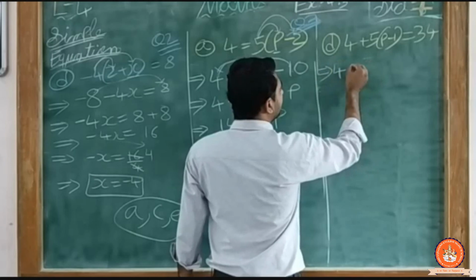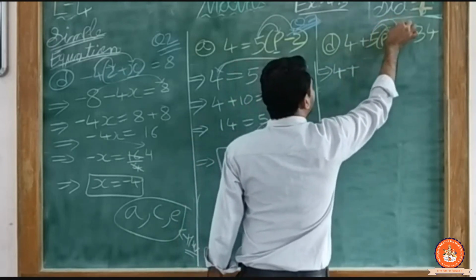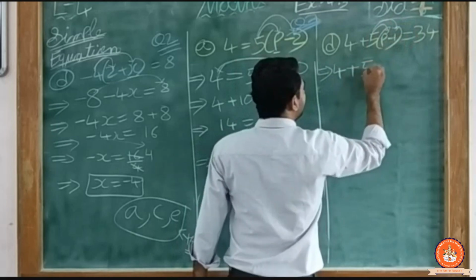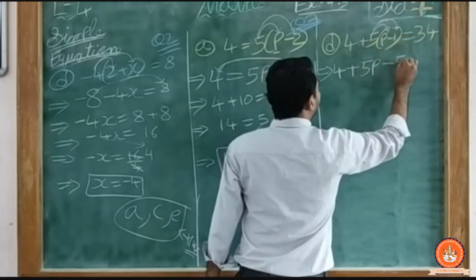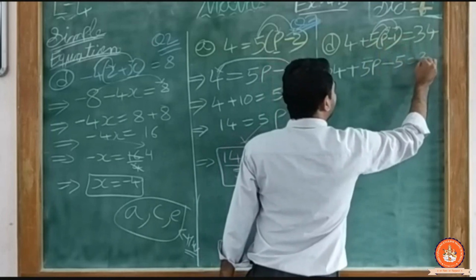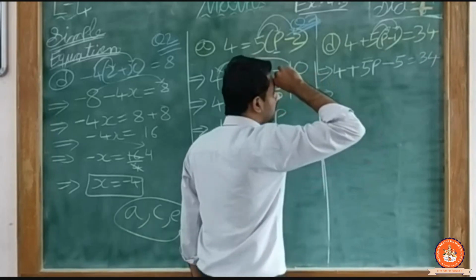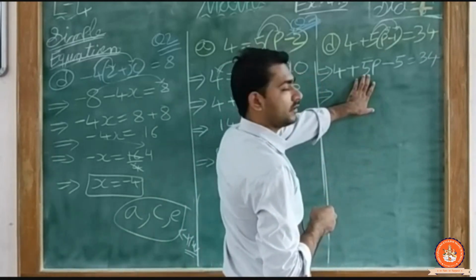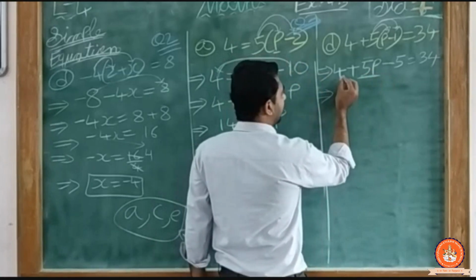4 as it is, I will leave it, plus sign as it is. 5 first of all multiplies with p and then multiplies with 1, so 5p plus minus minus, and 5 ones are 5, is equal to 34. Okay students, now what we have to do, I have to find p. Clear? So I will write as it is, and here